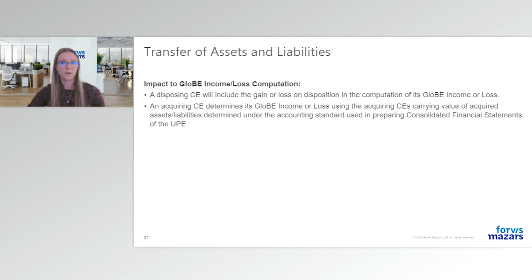The carrying value is based on fair value to the extent gain or loss on the acquisition was included in the income or loss of the selling group, and the fair value must be used to compute the acquiring entity's GLoBE income or loss, regardless of whether fair value adjustments are reflected in that M&E group's consolidated financials. We do want to call attention to transactions between related parties. The arm's length principle is going to apply regardless of whether that M&E group accounts for transactions at carrying value rather than fair value. So there could be additional administrative burdens associated with transactions between related parties and calculating your GLoBE income or loss reflective of those.